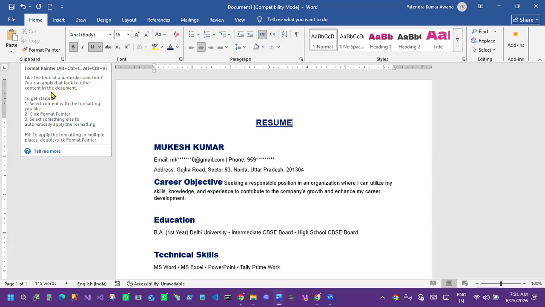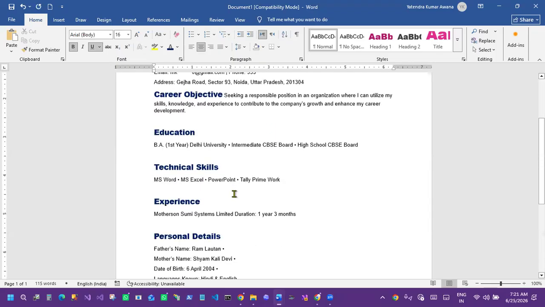Like the look of the particular selection, you can apply that look to other content in the document. Select the content, click on the Format Painter, then go to that particular content and paste your brush and it will do that.